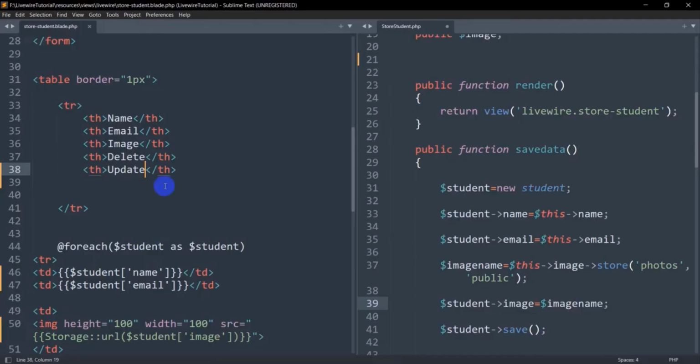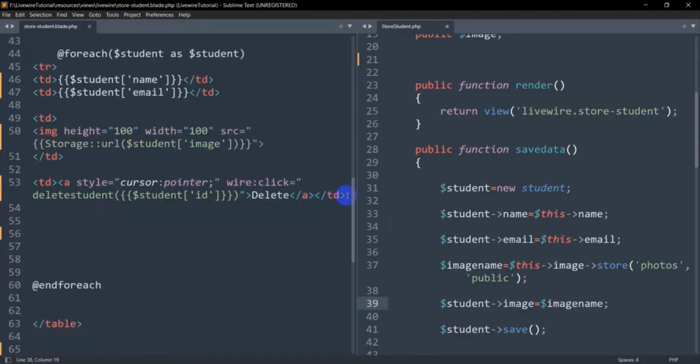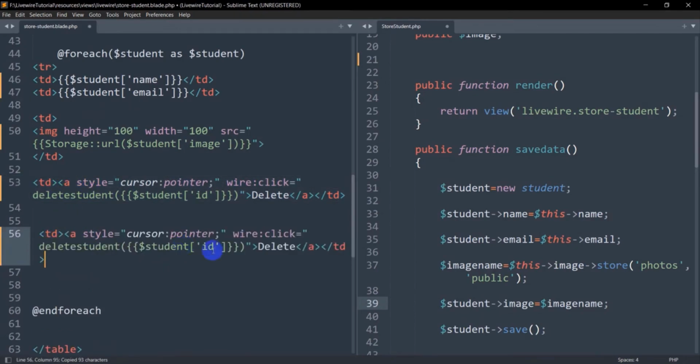So let's go back, and here you can see the delete option. I mean the delete button for delete. Let me just copy it and paste it here, and instead of delete, we are going to say update. And for update we also need to mention a function over here as well. So instead of delete student, let's say here update student, and we also require to send the specific student ID for which we want to update some data,